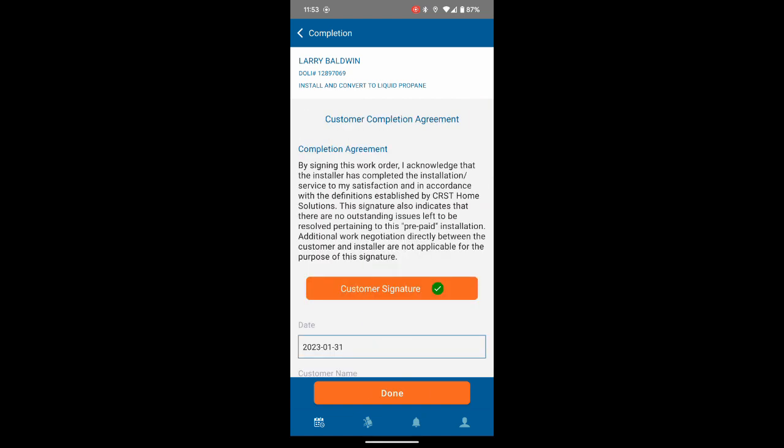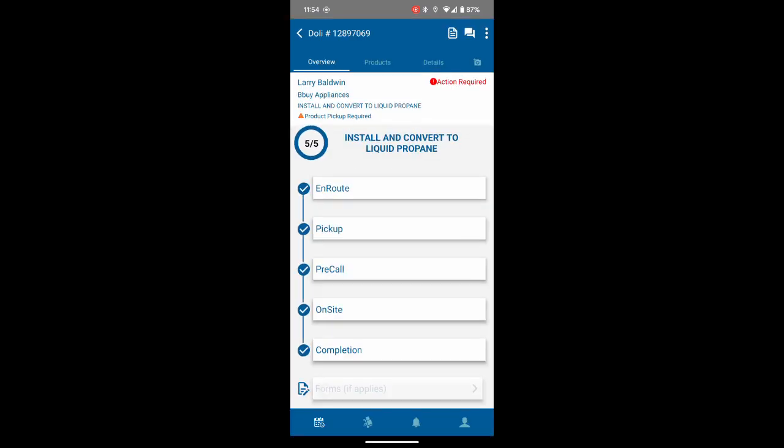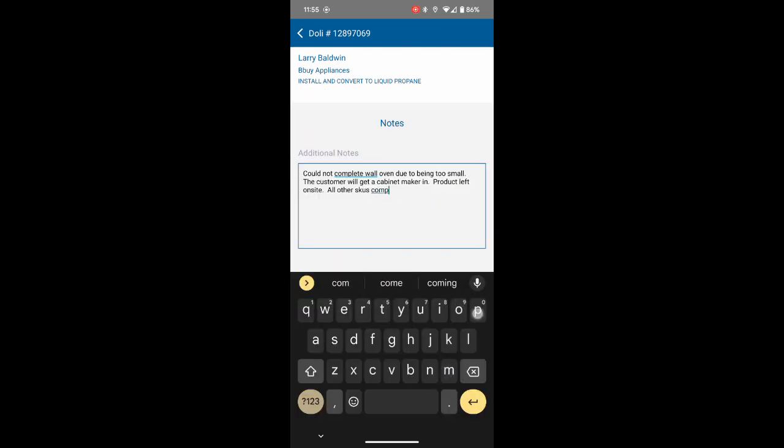Feel free to review the signature and ask the customer to sign again if it doesn't meet the client requirements. Then enter the name of the person signing in the customer name field and tap Done to save your changes. If the job requires any forms or photos for payment, use the Forms If Applies or Photo option on the